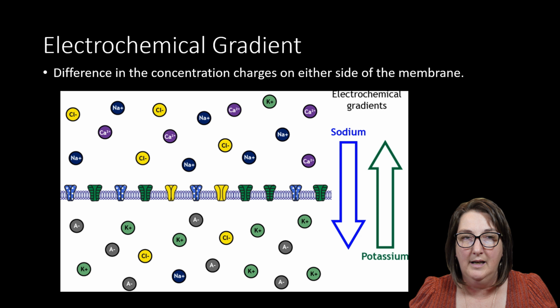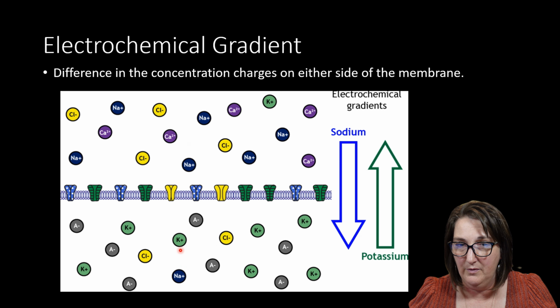I also have what's called an electrochemical gradient. This is the difference in concentration and charges on either side of the membrane. So let's look at sodium. Sodium is this one right here. I have 1, 2, 3, 4, 5, 6, and over here I have 1. This sodium is going to be attracted to the sodium charge over here, and then they're going to come through